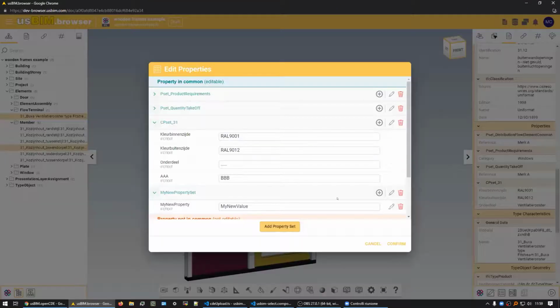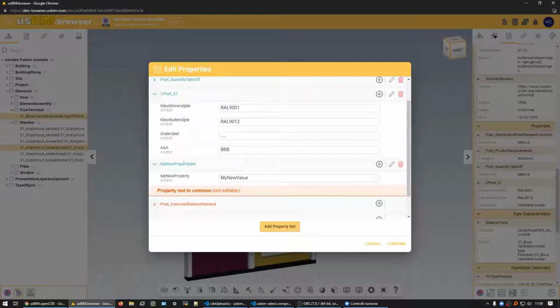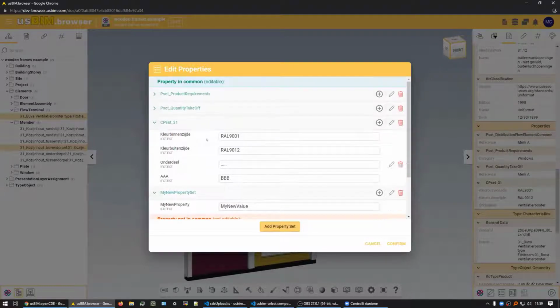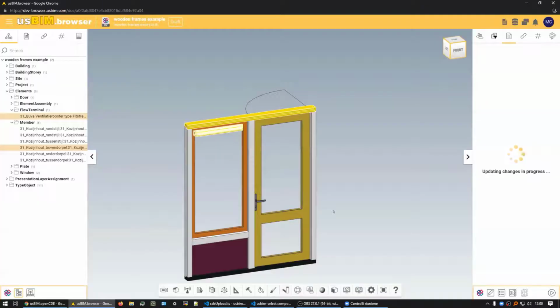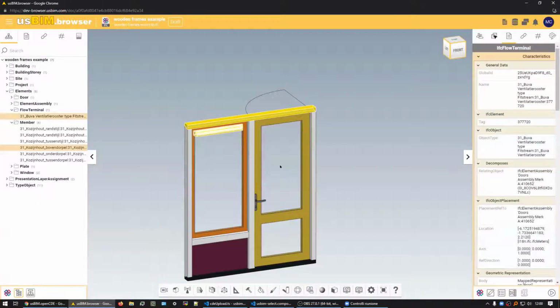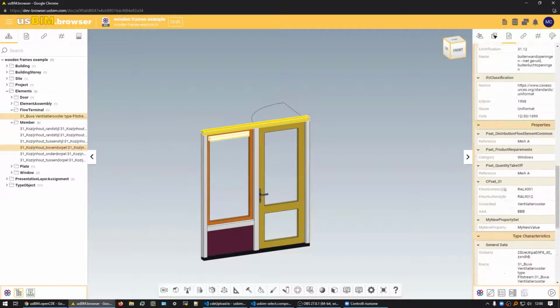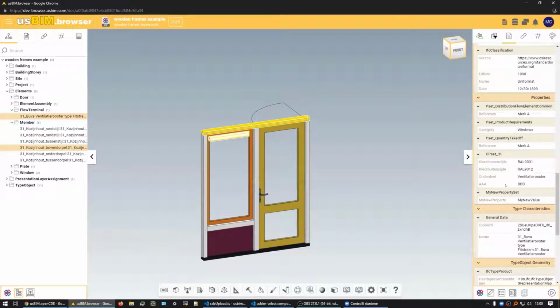So let's say that this is enough. We added a new property set with my new value as a value, just as an example, and added something to an existing property set. So when we finish with this, the changes are reflected in the client,